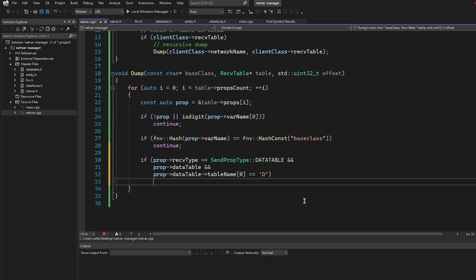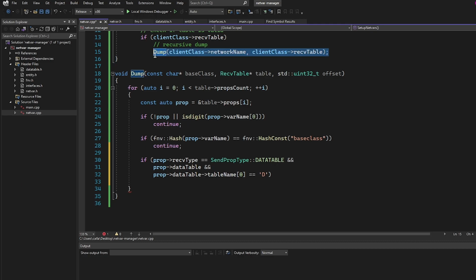So if this is the case, it means that there are more props to dump, and that's where the recursive aspect of this comes in. So we're going to go ahead and recursively dump. We're going to call this function